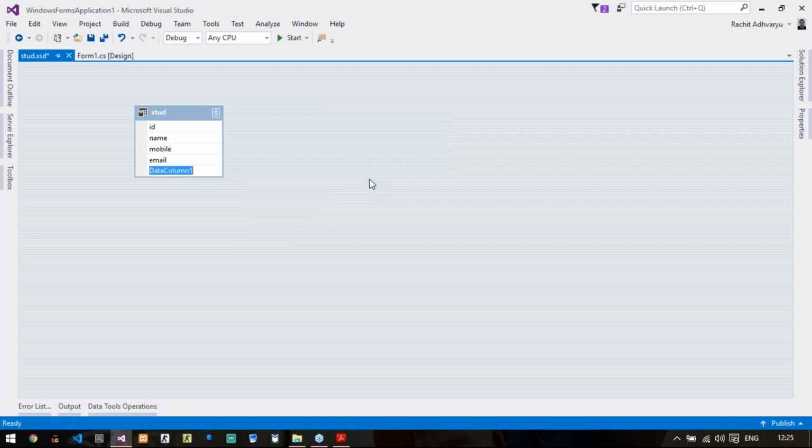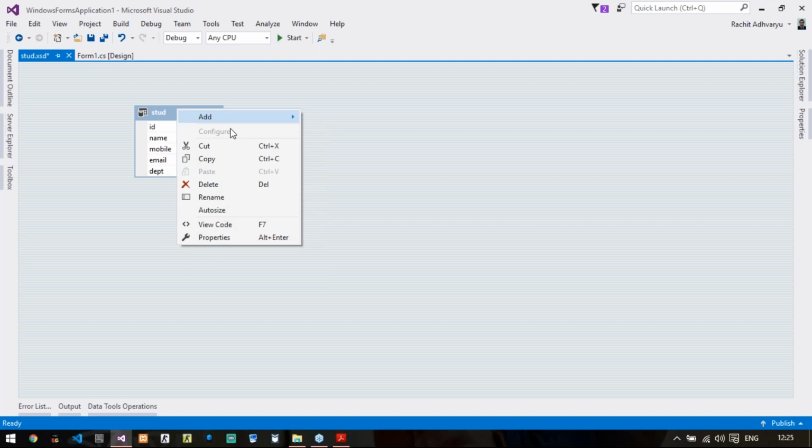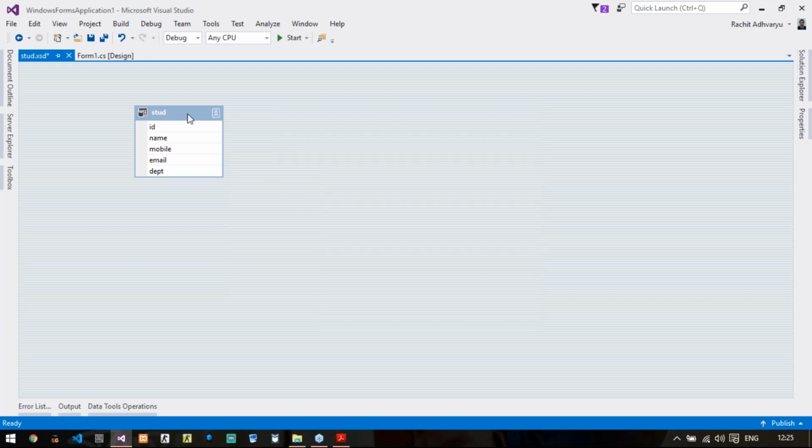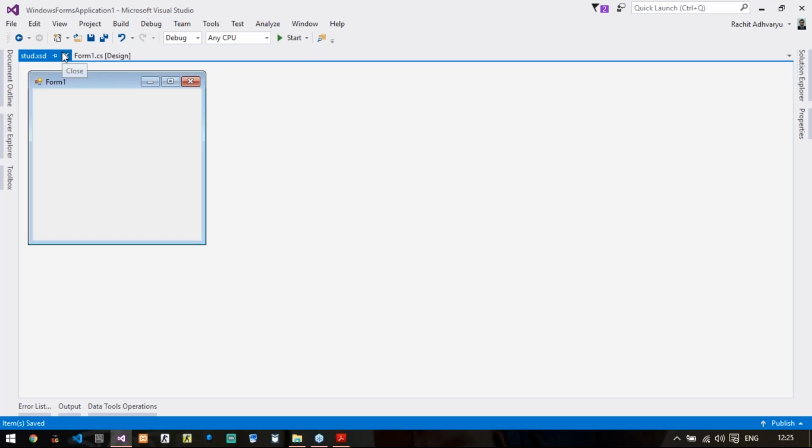And I will make this column ID as primary key. So I will add primary key to this ID. So not required. If you don't want to give, it's okay. I will put cancel, no issues. So I have created my data set and one data table called stud in it. Close this. So you can see your data set has been created in your Solution Explorer. The next is I will first add a crystal report to it. So new item, search for crystal report.